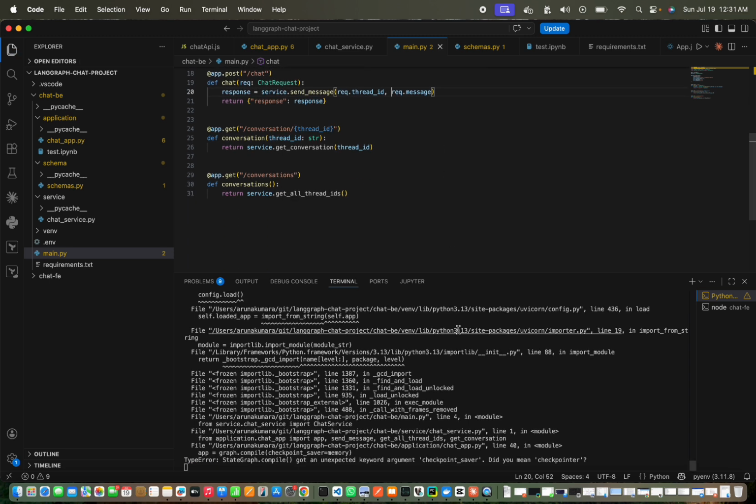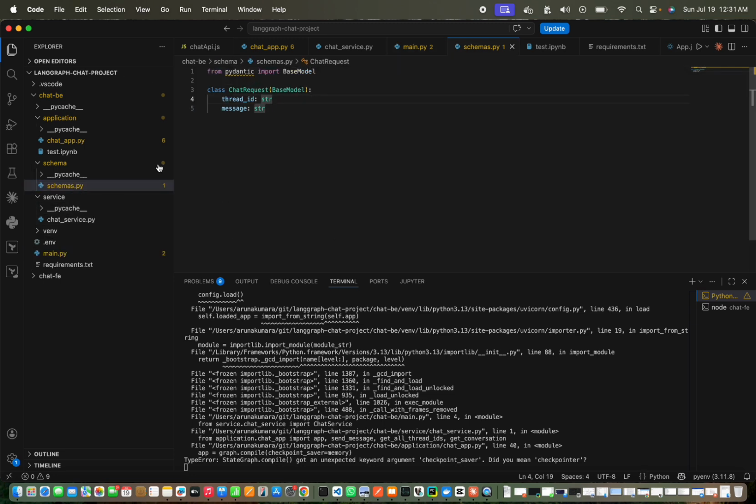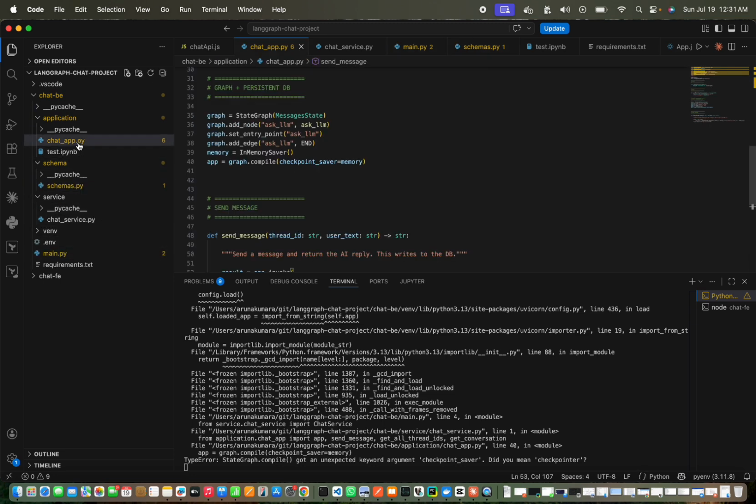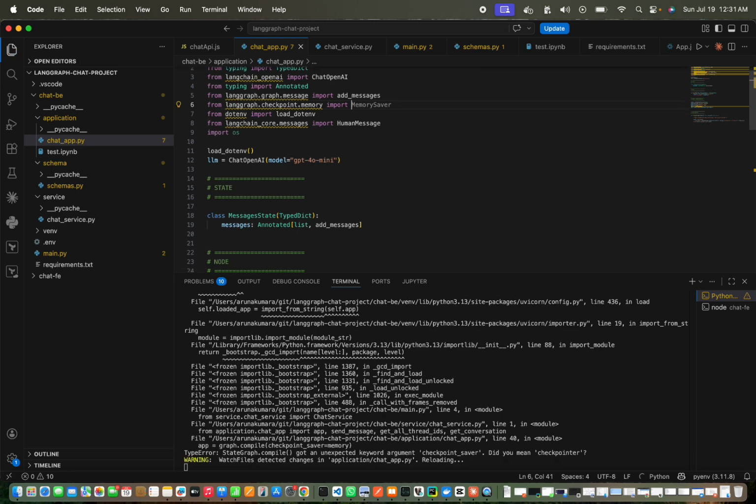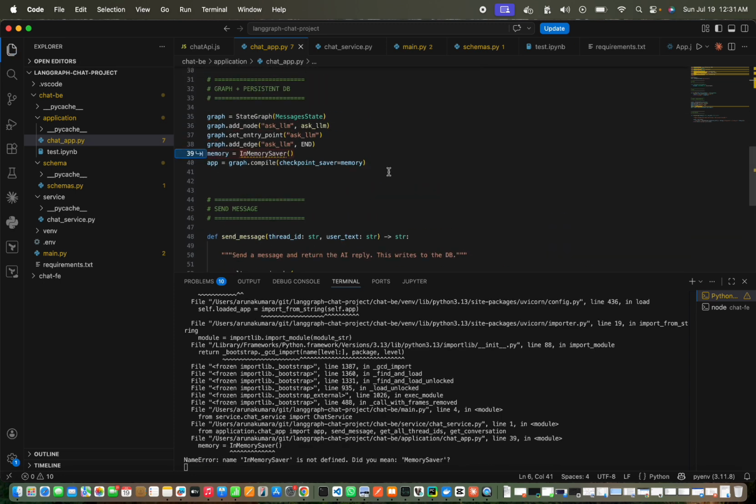Now our backend application is, did you mean checkpoint, unexpected keyword argument checkpointer save. Let's see what the issue is here. I think we have one issue. Unexpected memory chat API. Let's use the memory. Probably the issue is this, because we are not using the latest LangGraph framework,